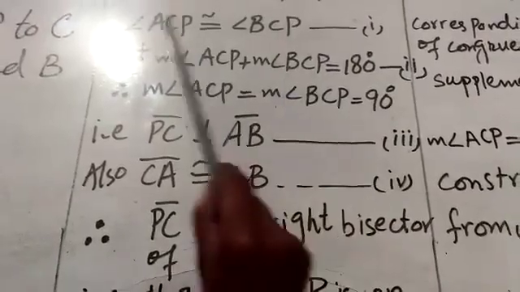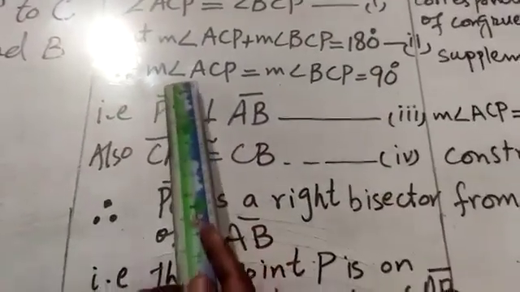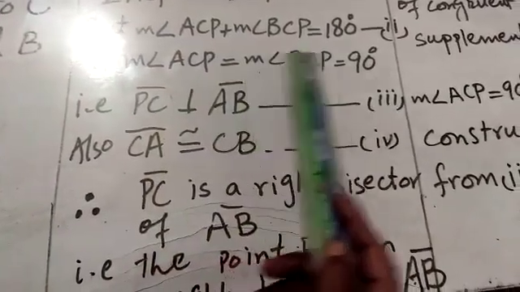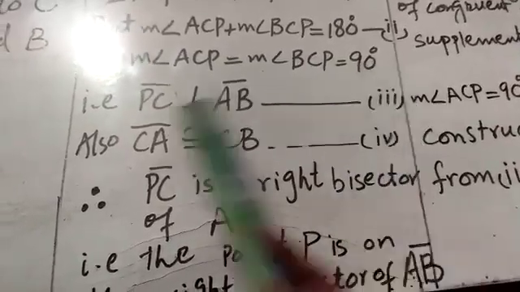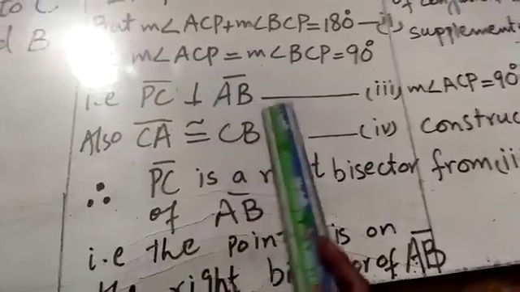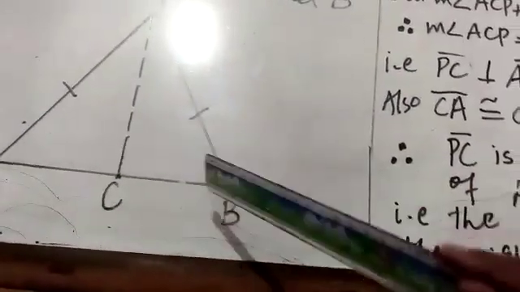When these two angles are congruent and their sum is 180, we can say that angle ACP will be equal to angle BCP, and both are equal to 90 degrees. That is, PC is perpendicular to AB. This PC line is perpendicular to BC